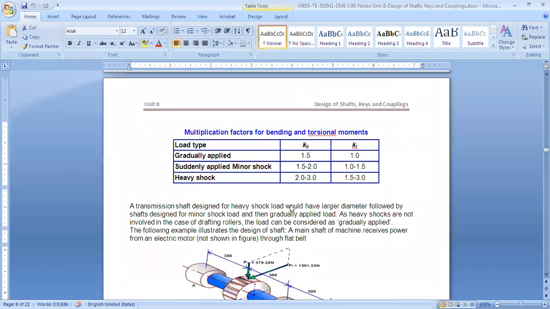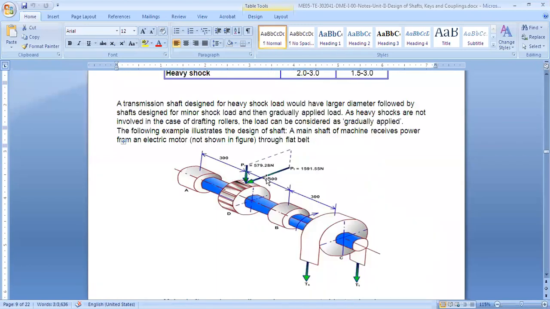The first step of this design: now you have understood the diagram, and as and when possible, I will show you the diagram. There are four points, A, B, C, D. A and B are the bearings, C is the pulley, D is the spur gear. We have to find the SFD and BMD, but because it is a spur gear, it will have a horizontal and radial load as well. So this is not a simple problem. It requires the horizontal SFD and BMD, the vertical SFD and BMD, and finding the resultant and using that maximum bending moment for our design.